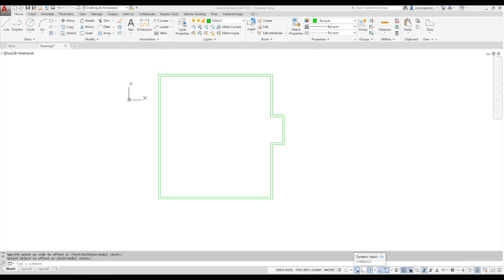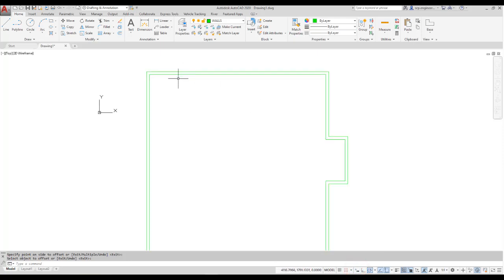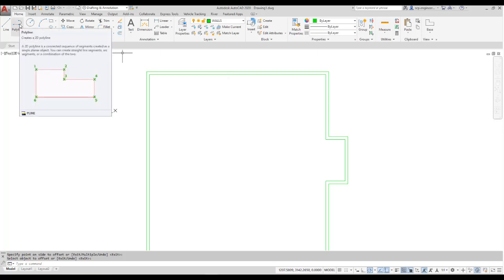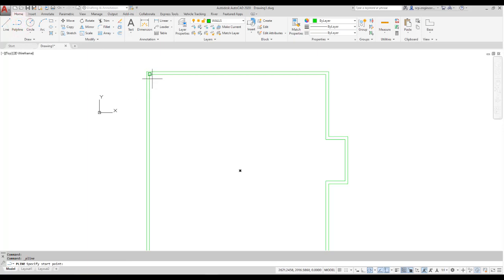Remember, I'm just going to turn dynamic off now. Here we go. Turn dynamic off. I'm zoomed down on here. There's an interior wall I'm going to put in here, and it begins 3900 down, or should I say across from this corner. So I'm going to hover my mouse here, but don't click. Move my mouse to the right, type in 3900, and that allows me to start that line without any further construction, and then I come down